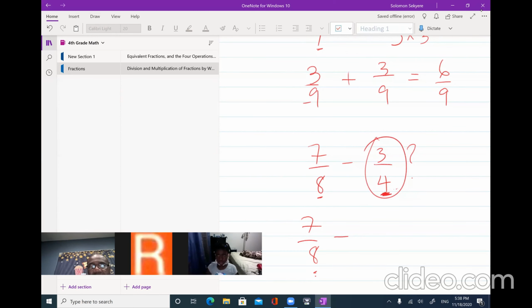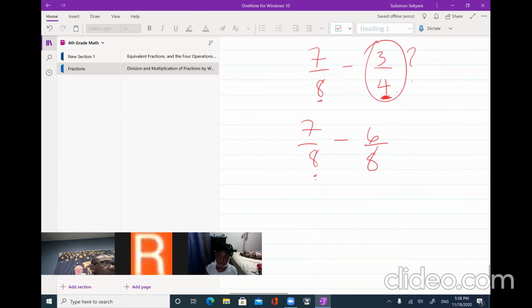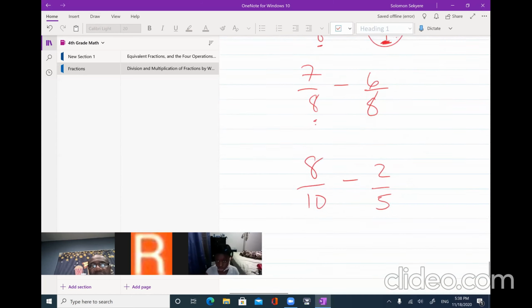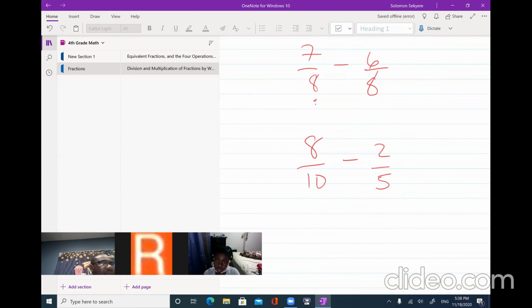Becomes what? 6/8. Last one, Janelle: 8 over 10 minus 2 over 5. Make the smaller one look like the bigger one. What are you going to do? You're going to do 5 times 2, which is 10, and 2 times 2, which is